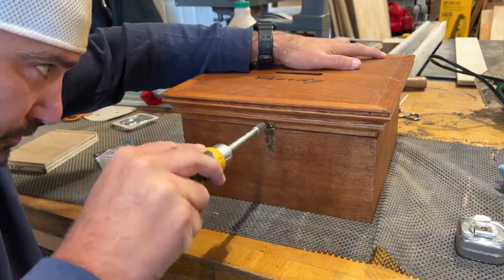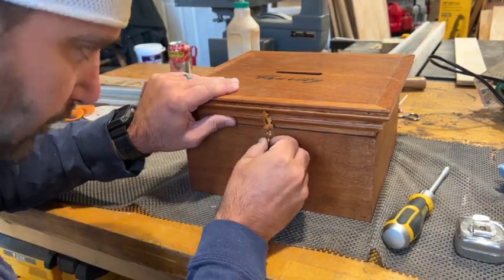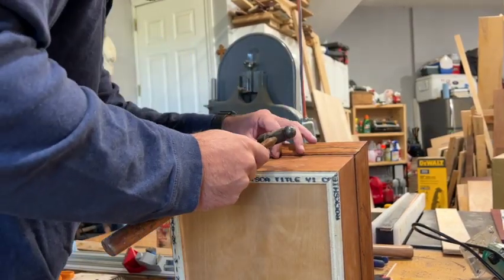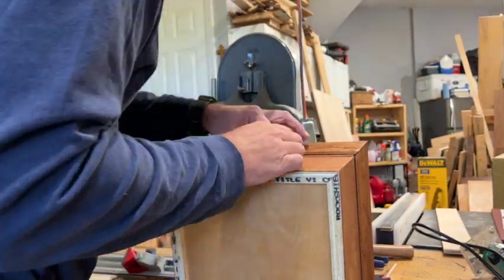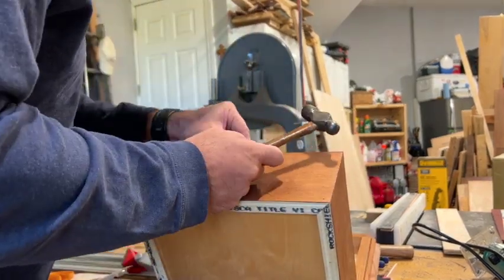So now that we have the clasp attached to the lid, we just need to add the bottom portion of it to the box itself, which is simple enough. We just lined it up into its position to make sure that when the clasp is shut, it will grab that portion. Now, you can see here we demonstrate if you were just using this for a decorative box, you could go ahead and use the nails,